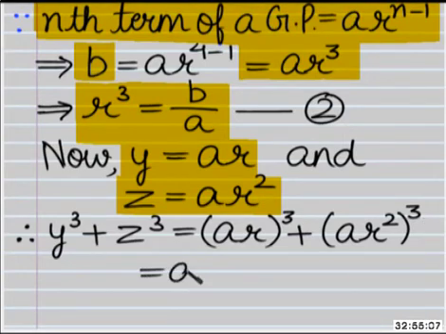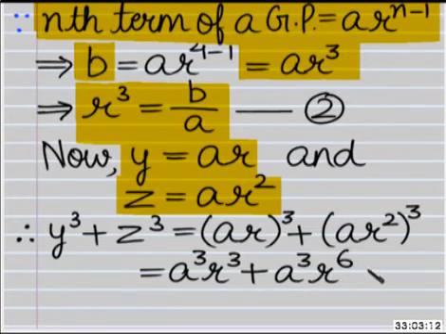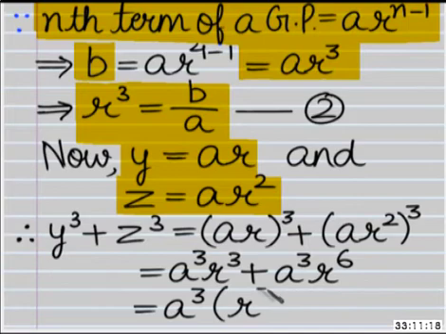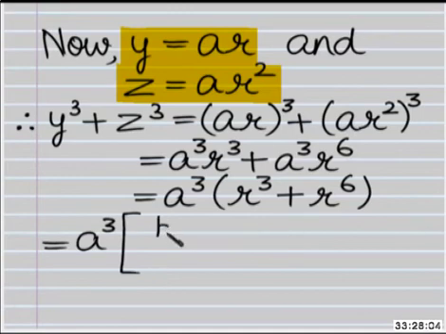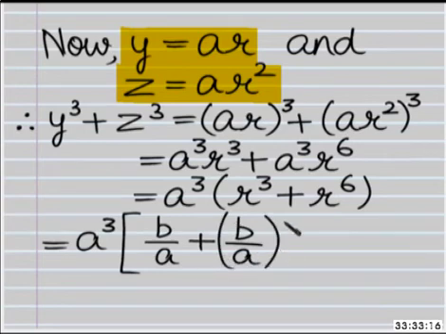It is equal to A raised to the power 3 into R raised to the power 3 plus A raised to the power 3 into R raised to the power 6, which is equal to A raised to the power 3 whole multiplied by (R raised to the power 3 plus R raised to the power 6). Substituting the value of R raised to the power 3, it is further equal to A raised to the power 3 whole multiplied by (B by A plus (B by A) whole raised to the power 2),